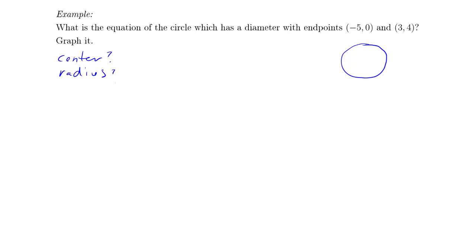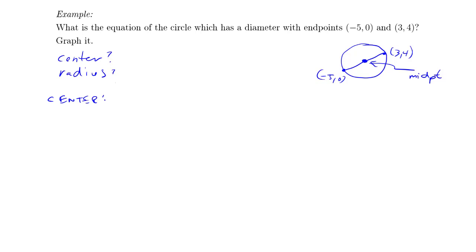So let's just say this is -5, 0, and let's say this is 3, 4. I'm just using this to illustrate. And so they're saying that's a diameter, so it passes through the center. All right, so if I wanted to know what the center is, and I do because I need that, oh, well, that's pretty easy. That's just the midpoint of a diameter. Okay, so if I want to get the center here,